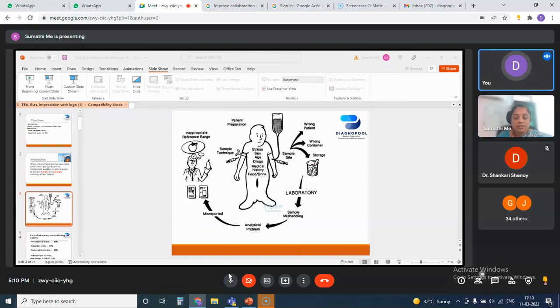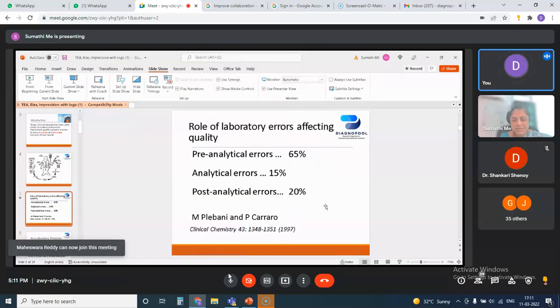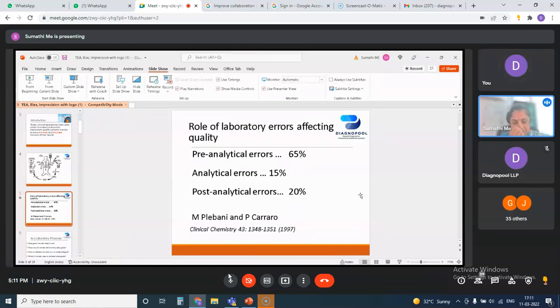I'm sorry to interrupt. Again, it's not moving, ma'am. The next slide is not moving. We are at the same slide of those variables. Are you able to see? We are seeing that boy with the stress sets, the same figure. Okay. So is it now visible? Now we are seeing. Okay. So I'll go without the slideshow then. I think the slideshow is not working. I'll go without the slideshow.